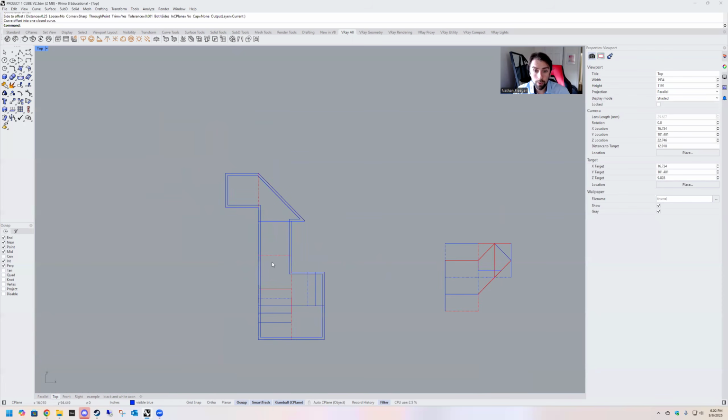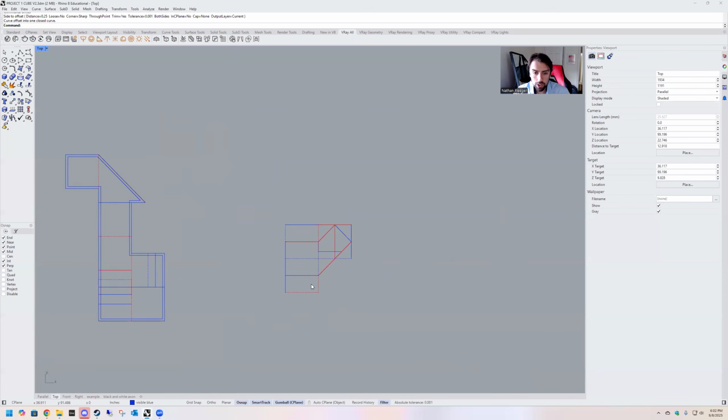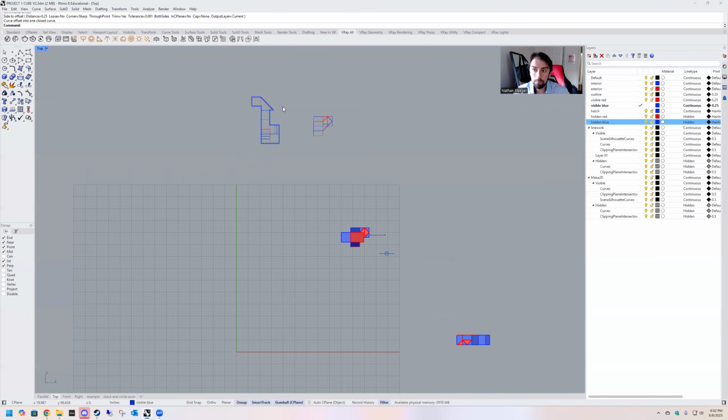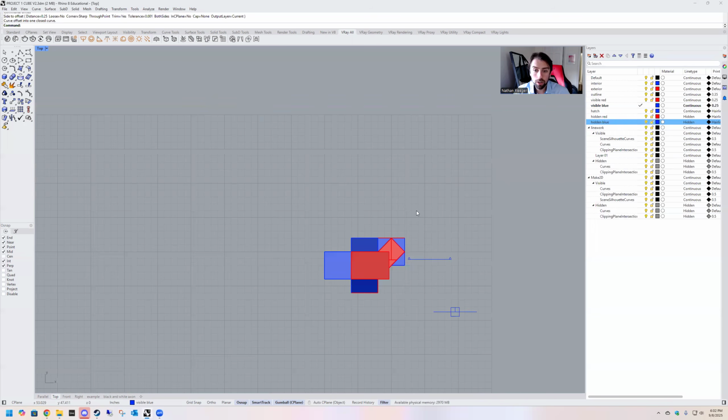And so you'll notice when we made 2D, some of these lines came in dashed and they came in the same colors as the objects we're dealing with. And so we already had our